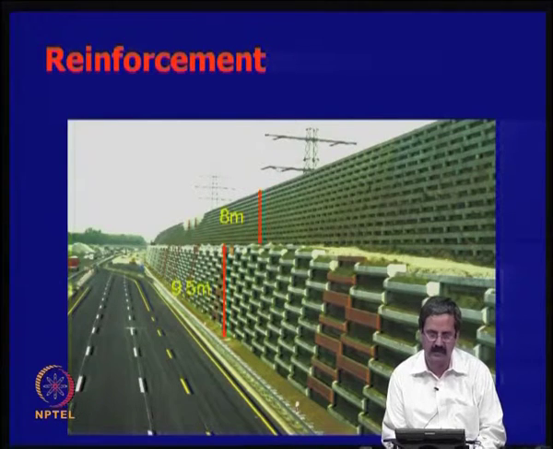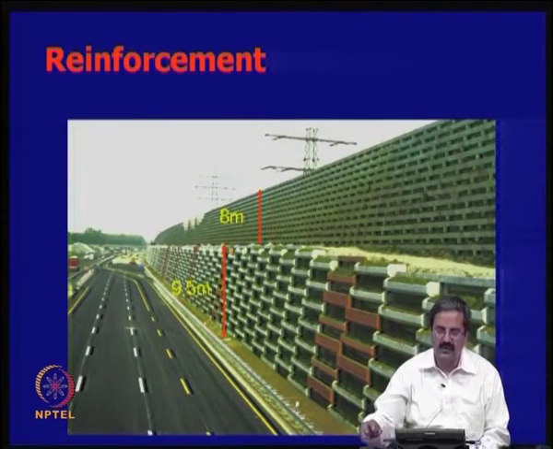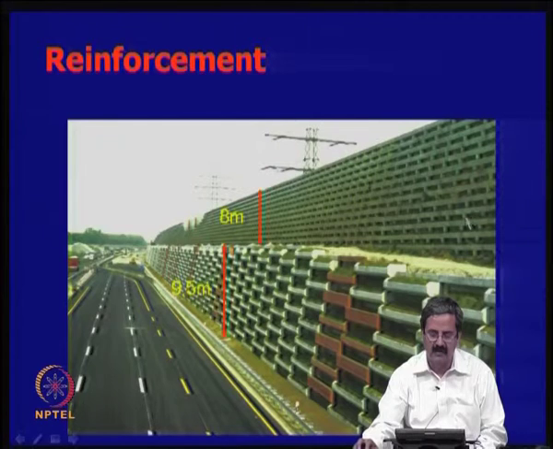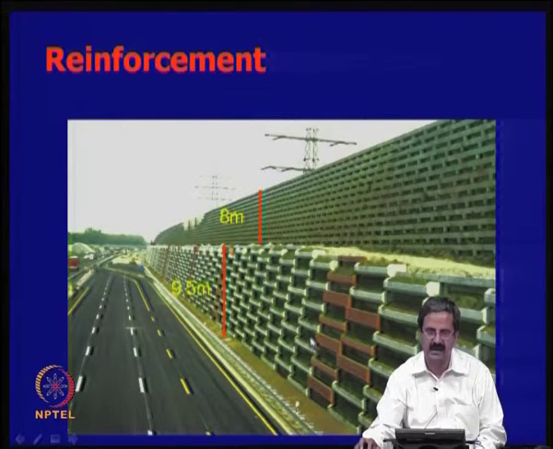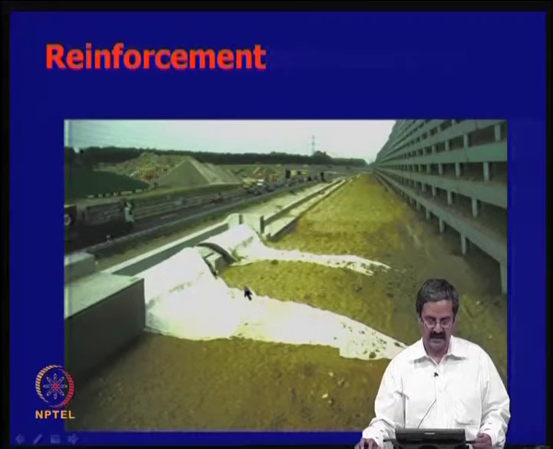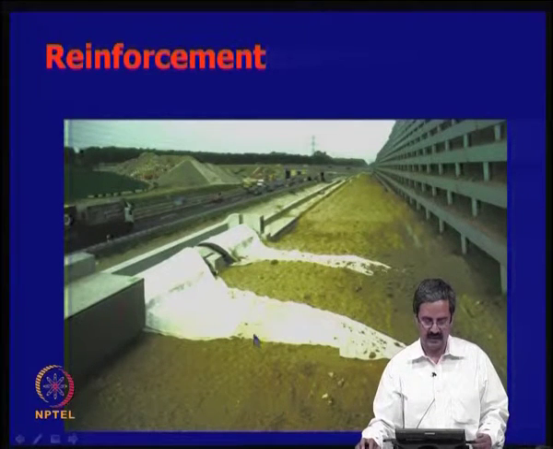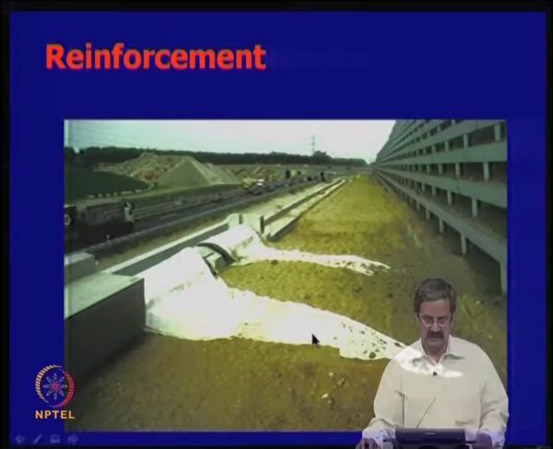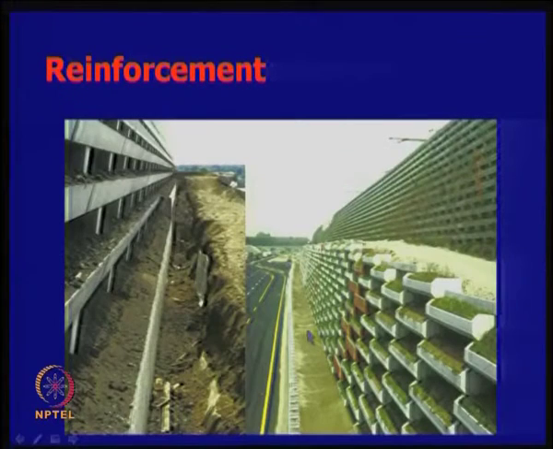The concrete quantity will be very high and the steel quantity will be very high, but here you have simple reinforcement which just acts horizontally, and then you have a backfill and a facing like this, that is it. It will be very cheap, maybe 30 to 40% cheaper compared to a regular retaining wall. So, this is how it looks at the top, where you just take this filter cloth material. This is a close view of that material, and this is the same view.